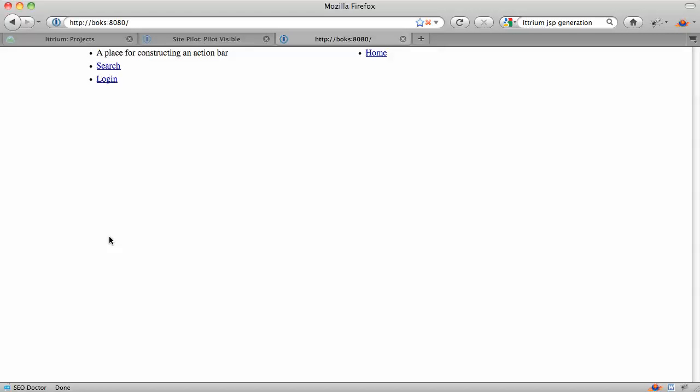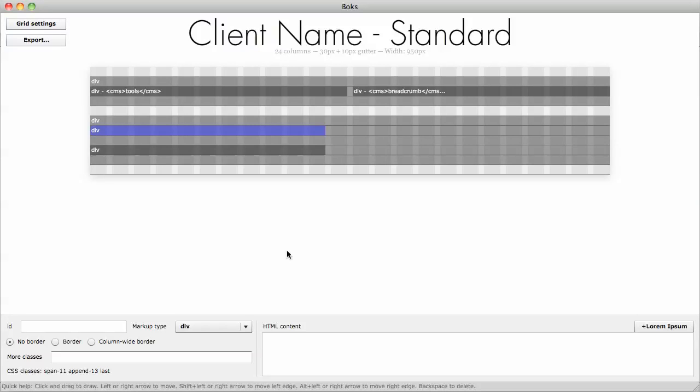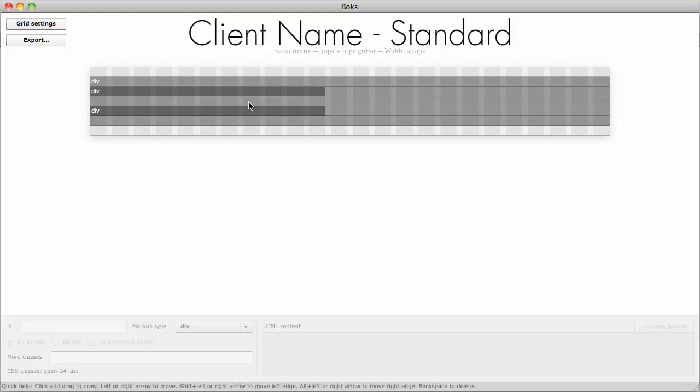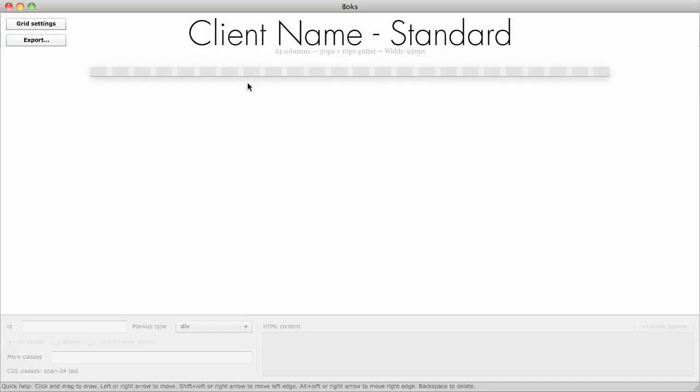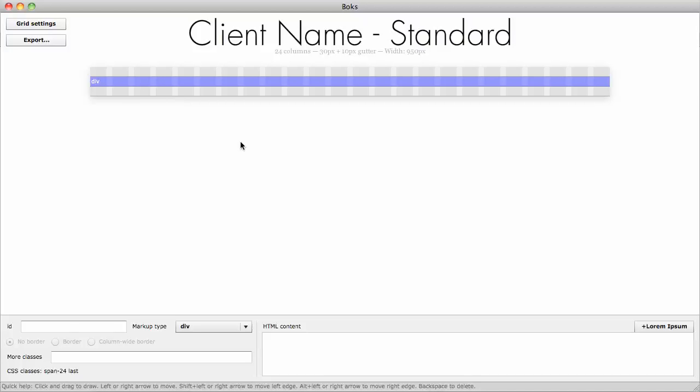All right, so I just want to drive home everything we've covered so far in this lesson and put together a little bit more realistic example. So I'm going to return to my box template and I'm going to throw away everything I've got. All right, so trashing all that work. And then I'm going to come back and I'm going to add a more typical setup for maybe an Ittrium